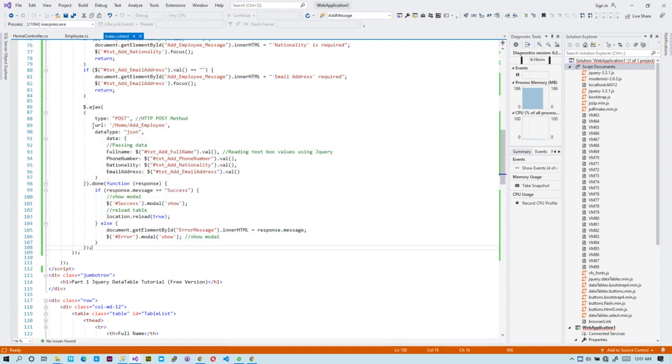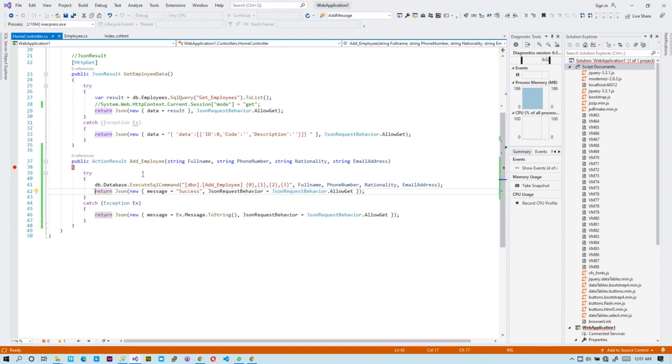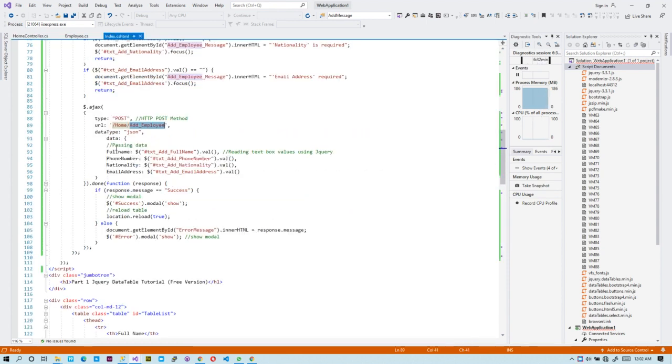Type is post, URL, the home controller, which is this one. Say enter into the home controller and access this function. So when you enter into this home controller, this is the add employee function. And then you see that we pass these data into the function. So basically whatever we input inside the